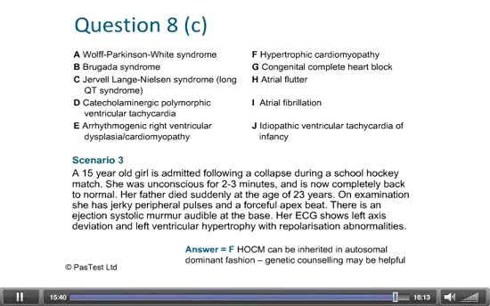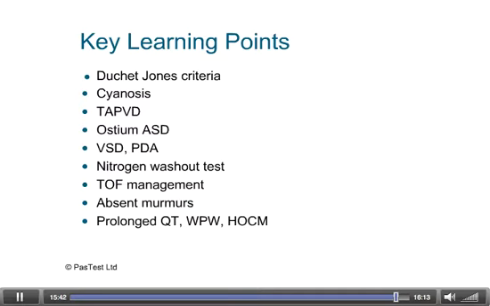In summary, then, in this lecture, we've looked at the Duckett-Jones criteria for rheumatic disease, cyanosis, TAPVD, ostium primum ASD, VSD, PDA, the nitrogen washout test, management for spells occurring in the tetralogy of Fallot, absent murmurs, prolonged QT interval,